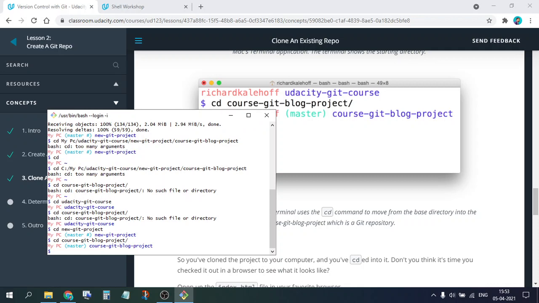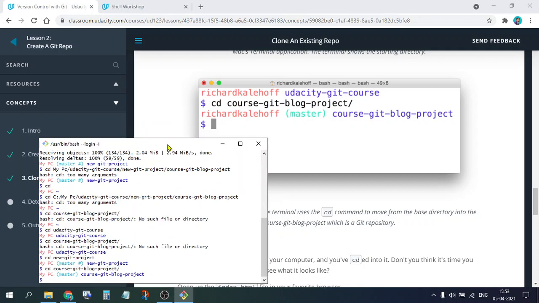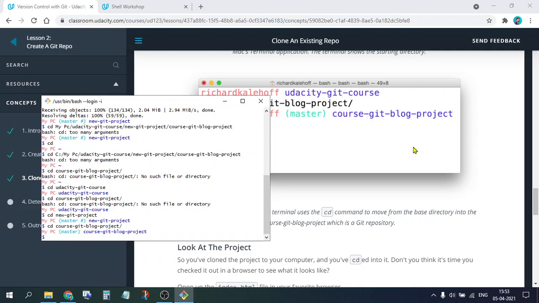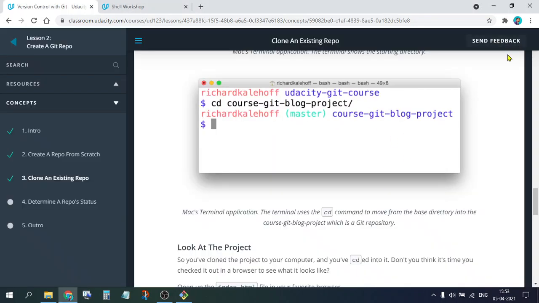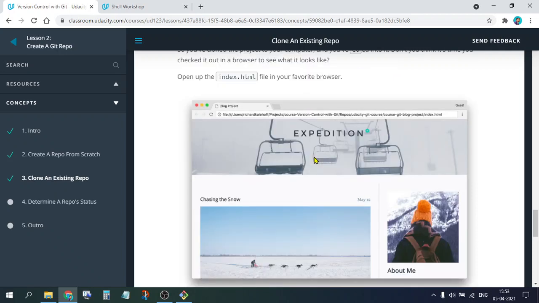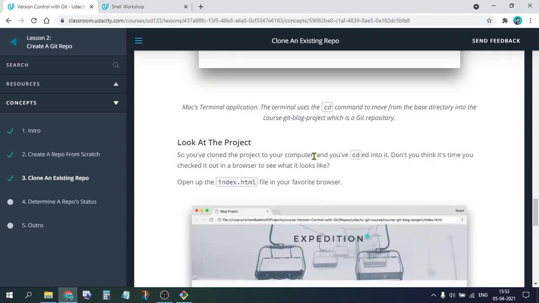Now, yes, successful. Now I know what to do. How to change directories. Okay, I am now in the right directory. Look at the project. Open the index file in your favorite browser. Oh my god, I changed directory, but